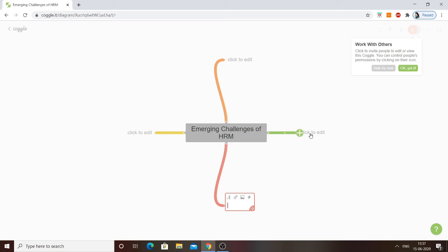Okay. Now moving further, if I want to add a subtopic to it, I will click on that branch and I will be able to add the text. So I am adding the first challenge, first topic. Okay, similarly the same options are available to me. Now in this